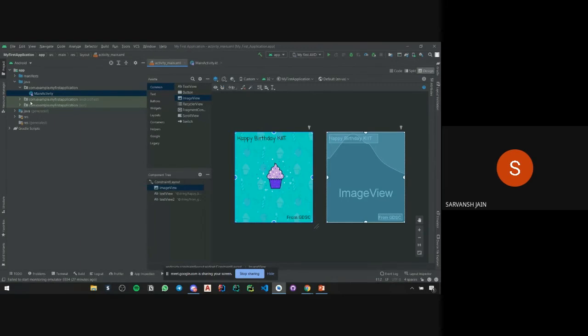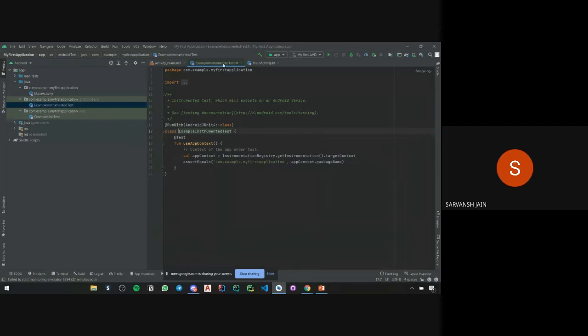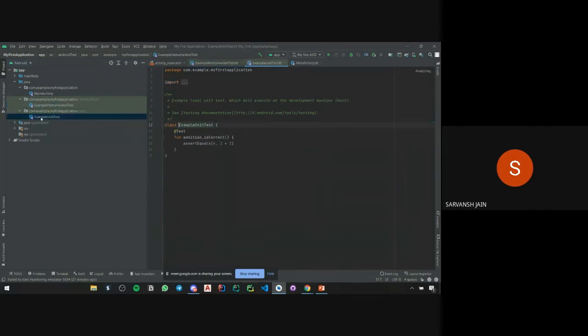The first one is example instrumented test, and then there's this example unit test. These are, as the name suggests, examples of testing. If you double click this, another panel tab opens, and then I'll click on this one as well.